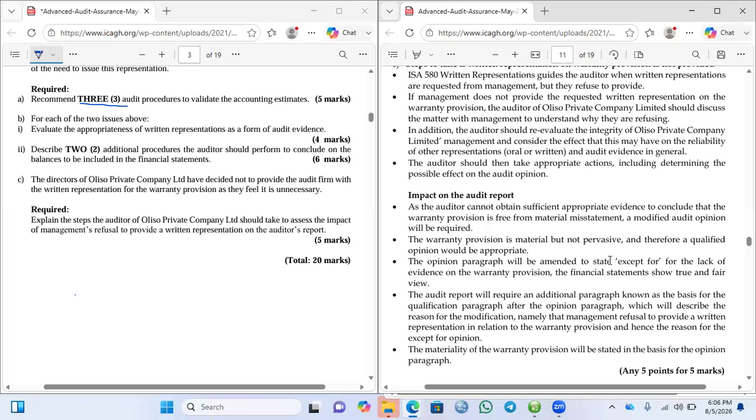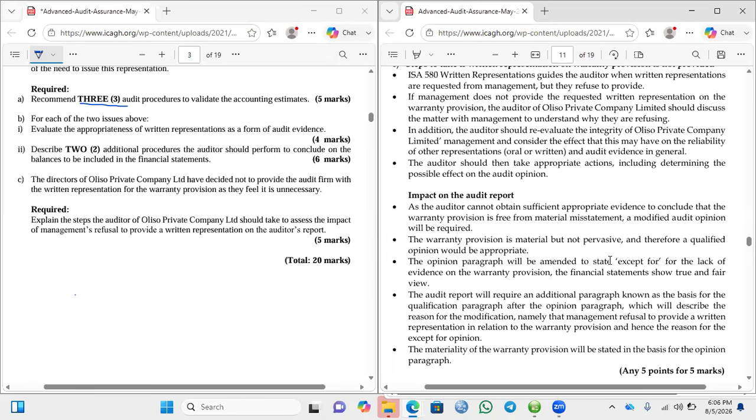Okay, so the summary I am gathering is that the steps the auditors can take is to, one, engage management and know why they are refusing to give the written representation. They can also assess the integrity of management by looking at their previous representations, whether they were honest. If somebody has been honest in the past 5 years, then you can rely that this time they will be honest, all other things being equal. That's what that point is saying.